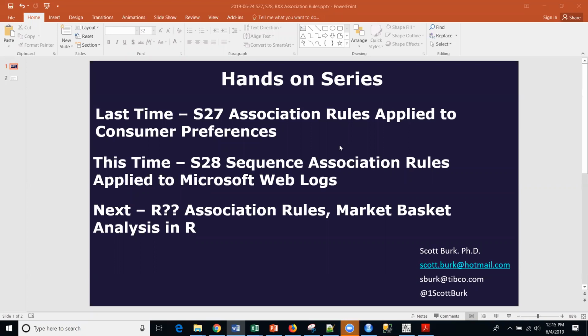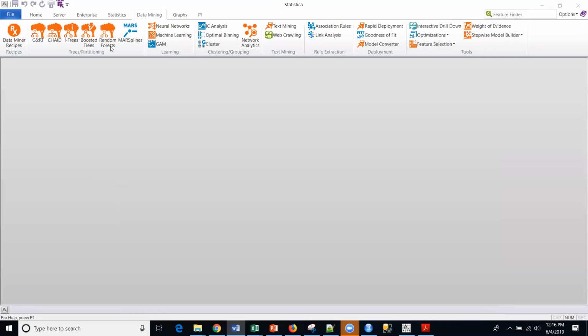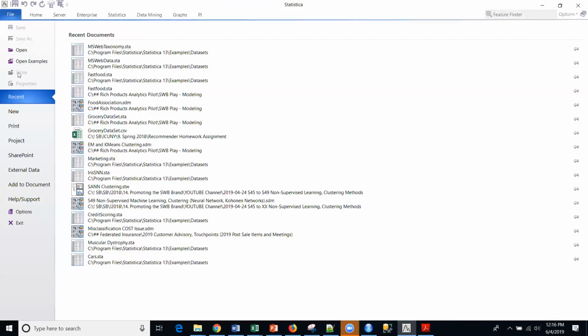I'm covering association rules and sequence association rules in this series, and this is a hands-on series. So last time we talked about a very simple association rule example applied to consumer preferences. This time we're going to be talking about weblogs, actually Microsoft weblogs, and sequence association rules. And then next time we'll be in R, and we'll be talking about the subject in open source R versus the commercial Statistica. So this is Statistica, a commercial package,